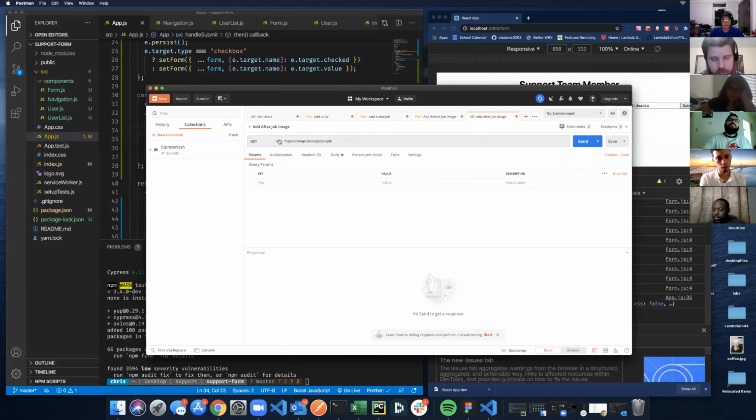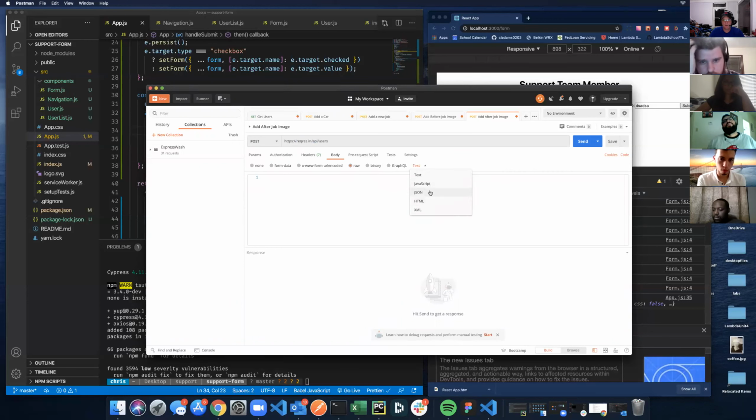Let's see here. Make this a post. API/users. The body. Let's click that off. We don't need that. Close that. It's going to be raw JSON. So what we're sending, what Axios is converting that to, is an object that looks like this: name,